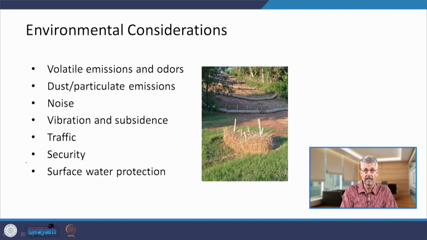Now, the last part of the design process I want to talk about is how we address environmental considerations. Again, our business is to clean up polluted sites. That's first and foremost what we want to do. But during the process, we have to ensure that our actions do not have negative environmental consequences to the area surrounding our active site. So we have to ensure, for example, that volatile emissions and odors are not released from our site and bother people in the neighborhood.